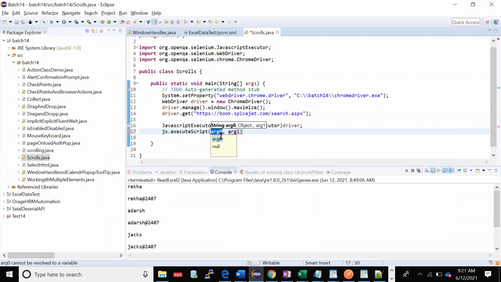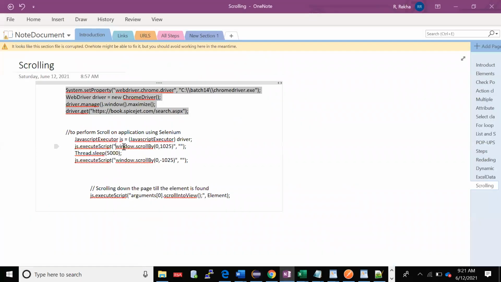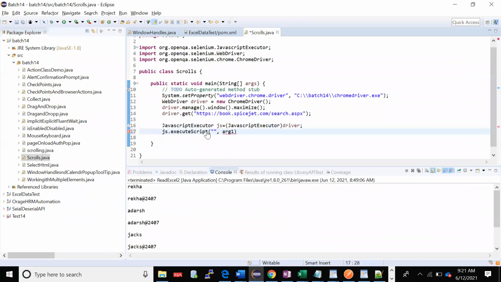I told you which are the 2 arguments. The first argument was window.scrollBy. We are giving the same keyword. And here I want to scroll till the end. For the second argument, you don't have to pass anything, just leave it blank.